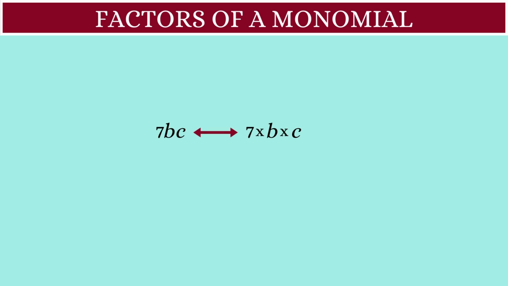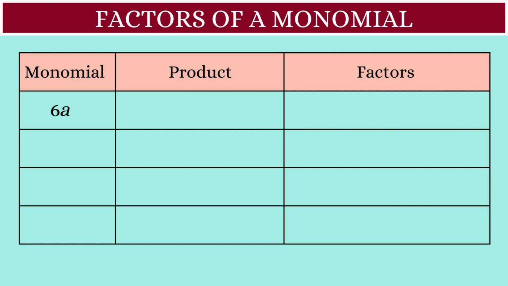Let's take the first example. 6a. The factors of 6a are 2, 3 and a. When you multiply 2 into 3 into a, you get 6a. Next, we have